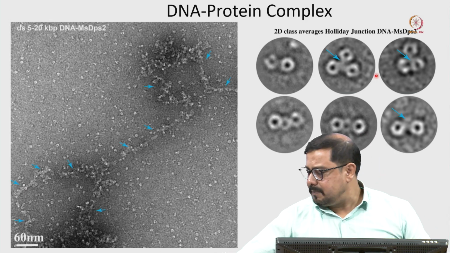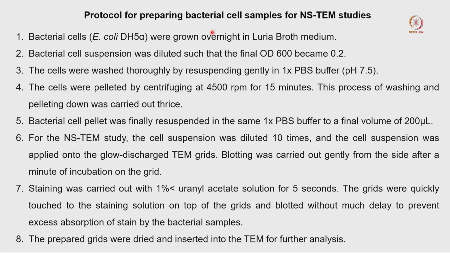Now, the next step is how we can do the bacterial stain. If there is a bacterial sample or any other cellular sample, how can we image those samples? Most of the time, when you have a purified protein, it is easier to stain. Always remember that when there is a bacterial cell or a mammalian cell, there is a high chance it will absorb a lot of staining solution, and then you will just get very black, very large molecules.